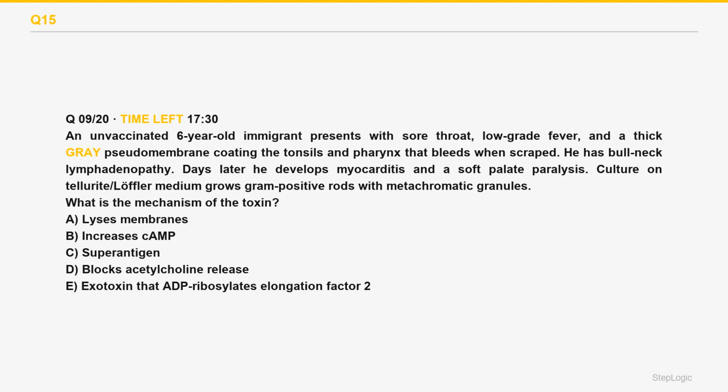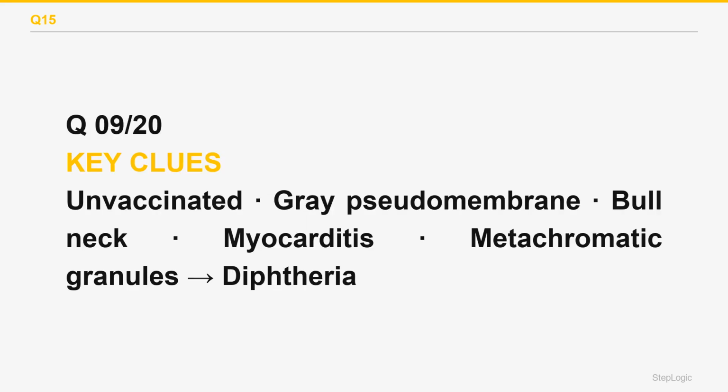Read the question: mechanism of the toxin. Unvaccinated child, gray pseudomembrane, bull neck, myocarditis, gram-positive rods with metachromatic granules: diphtheria exotoxin. ADP ribosylating EF2. This is diphtheria caused by Corynebacterium diphtheriae, a gram-positive rod that shows metachromatic granules and grows on tellurite and Loeffler media. Its exotoxin works by ADP ribosylating elongation factor 2, EF2, inactivating it and halting host